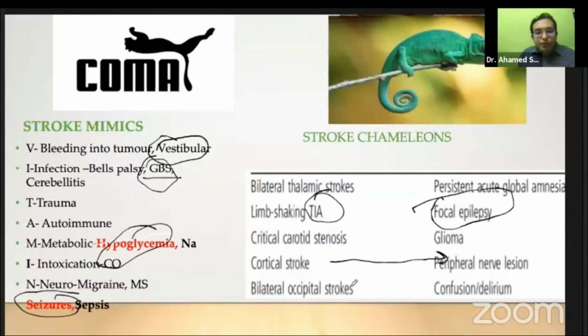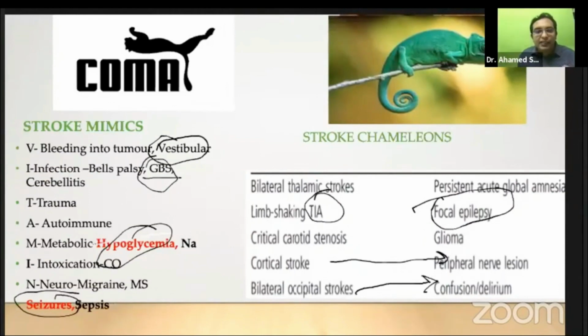Also, bilateral occipital strokes result in confusion and delirium. This is actually the Balint syndrome, which causes much confusion. So recently, one case was admitted in psychiatry for 1 week because of sudden onset behavioral changes post-COVID, and we took an MRI and found out that there was a lesion in Wernicke's area. So that is Wernicke's aphasia. The patient won't understand anything and will just be talking incomprehensible stuff, and may be branded as a psychiatric patient.